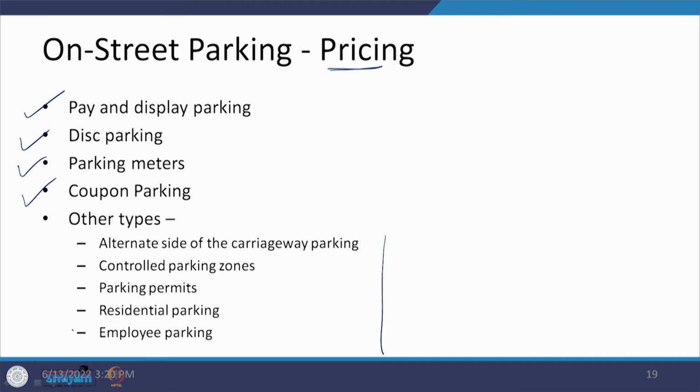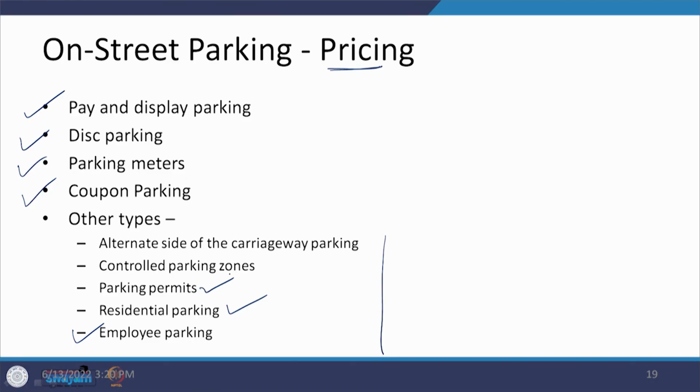Say if you have employee based parking, it may be charged by the employer, or it may be provided free of cost by the employer to the employees. In the residential area, this may be purchased. Say you are in a society, so you have purchased a space, and that particular space is being utilized for the parking of your vehicle, but you cannot park your vehicle at any other location. There can be parking permits. Parking permits, that there is a particular area in which you can take your vehicle and park your vehicle.